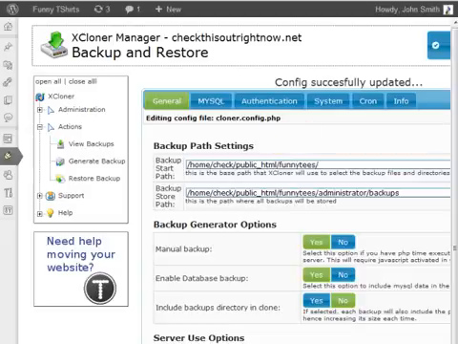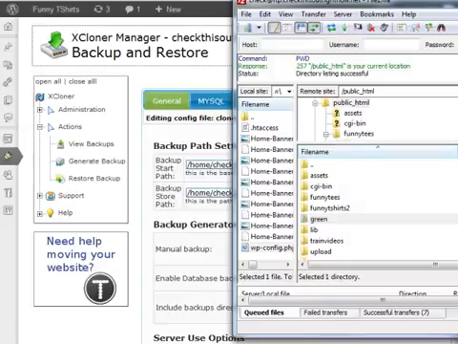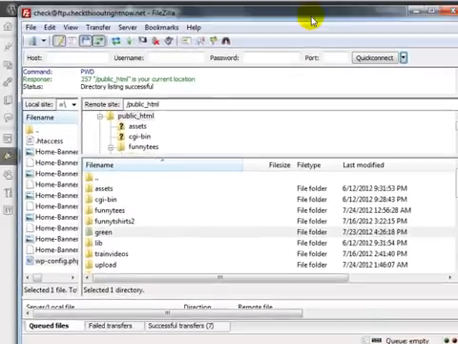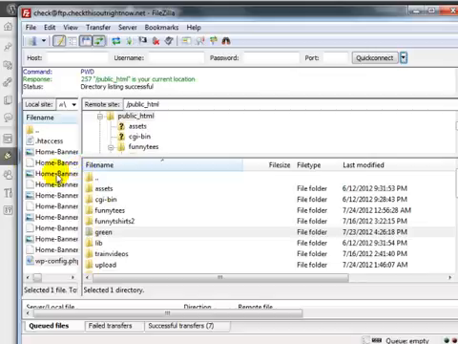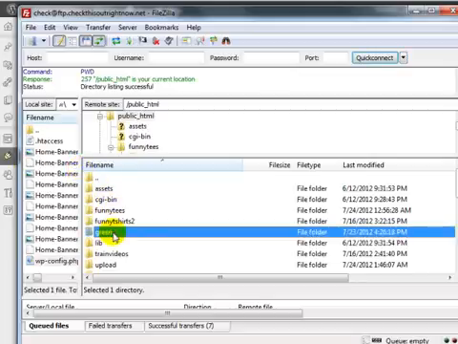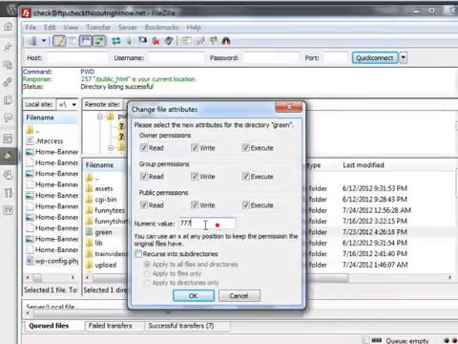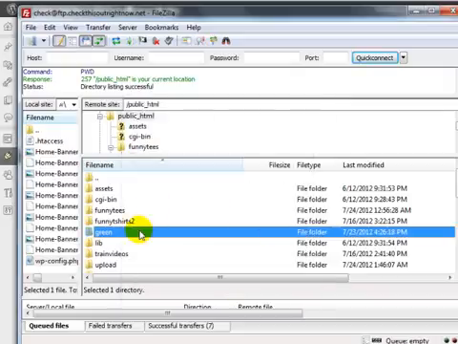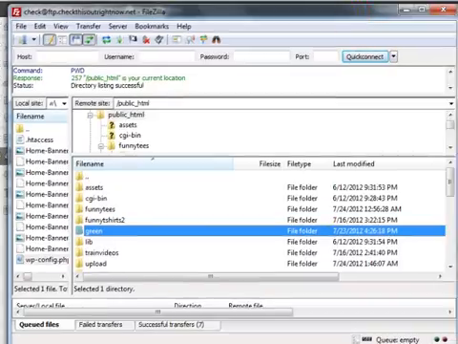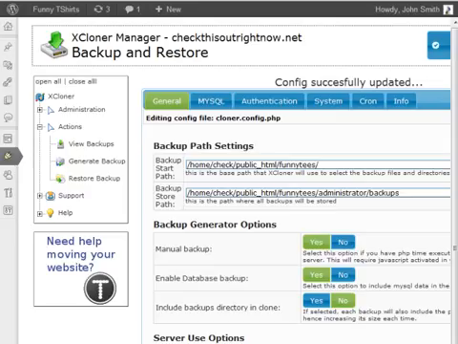At this point, you will need to go to the FileZilla FTP program and make sure that the WordPress folder or wherever you saved the WordPress files, the main folder and the files underneath need to be changed to 777. And you can always change it back so that you can cover your tracks. After you have done this, you can go back to the browser and we can begin the restoration process of